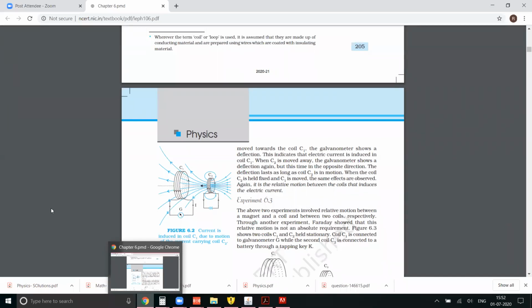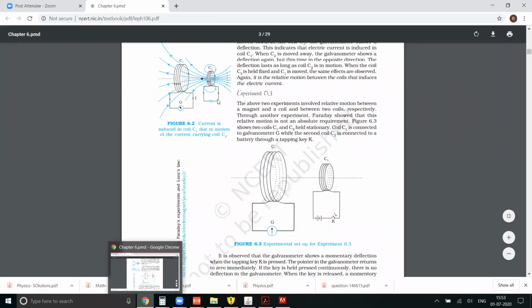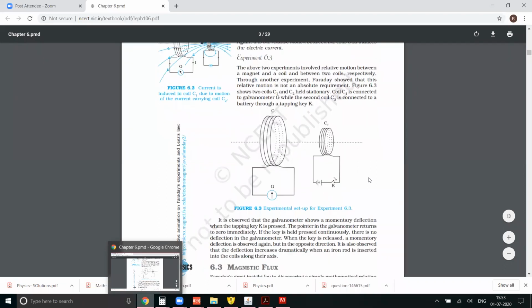So the one which is connected to the battery source is the temporary magnet, or you can also call it an electromagnet. The one which is connected to the galvanometer or any kind of electrical load is what is called a pickup coil. Are you able to understand? So this is what is going to happen. I can keep the switch closed and make the current continuously flow through it, and I can find some deflection taking place here. What is the third procedure? The third procedure is by controlling using a switch.